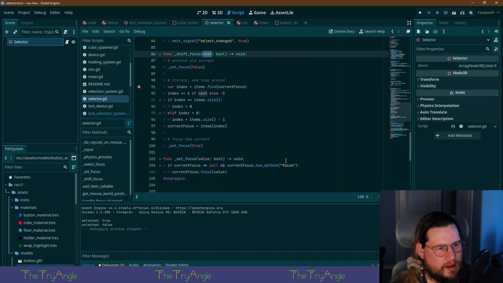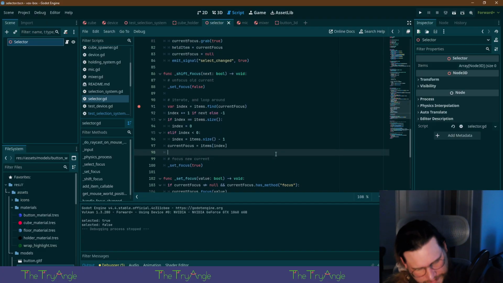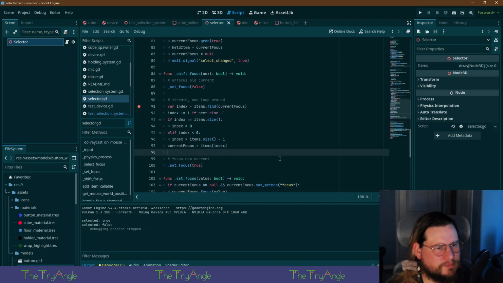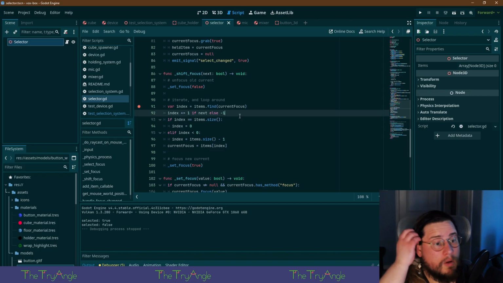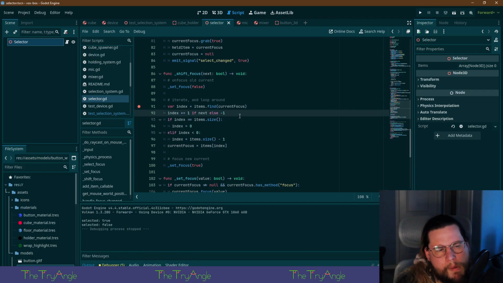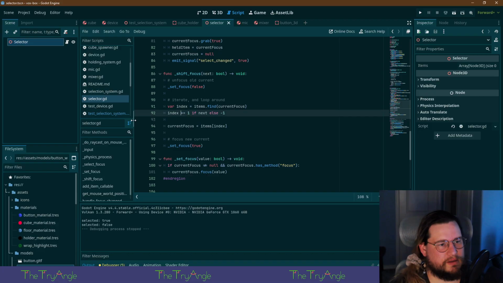Huh. Oh. Yeah. This whole check is wrong. It's nasty and it's ugly, and I hate it.